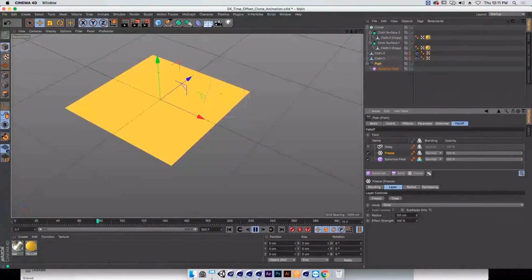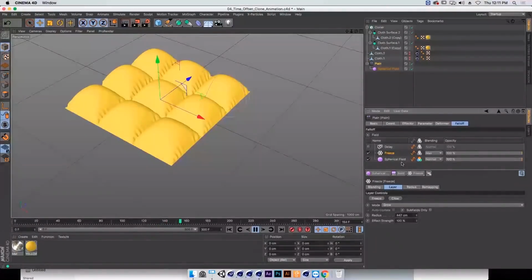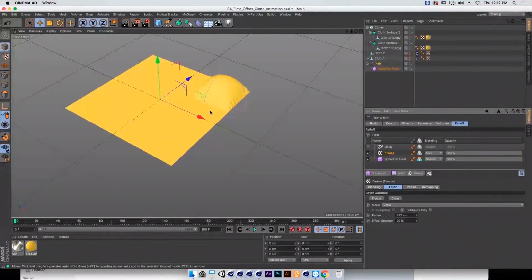And if I increase the radius of this growth and set this blending mode to max, because right now it's not adding to my spherical field, you can see I just popped on all of my animation. So that's way too fast. To not have that pop so quickly, we can adjust this effect strength. That's basically how much of that spherical field we're applying per frame. So that's what the freeze layer does: it takes information from this frame, and if I go one frame ahead,